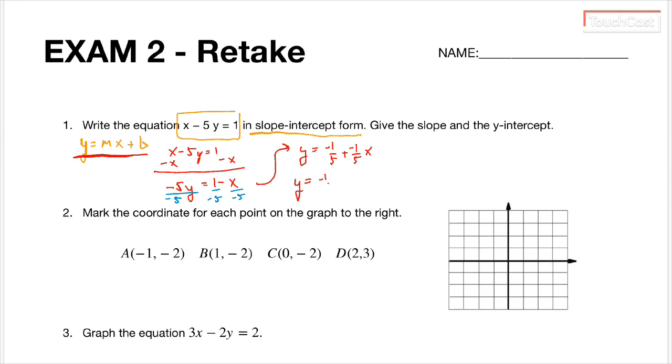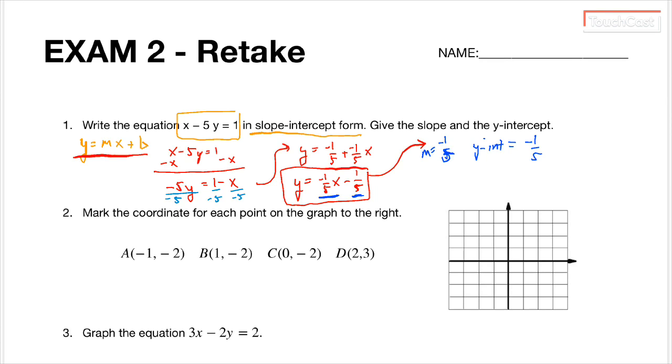So here I'll move the negative 1/5 x to the left side, but still on the right side of the equals, and then I'll also say negative 1/5 here. This is now in y equals mx plus b form. So from this, I can actually derive quite quickly that the first term here, the coefficient of this x, is the slope, negative 1/5. Sorry, that did not come out very good, but that's a 5. And so this is the slope,